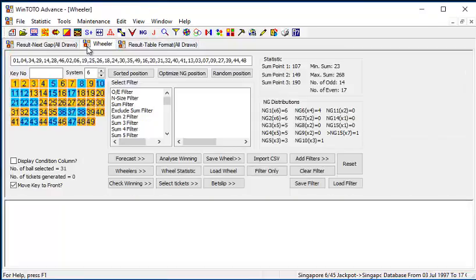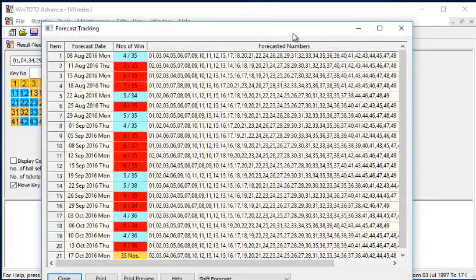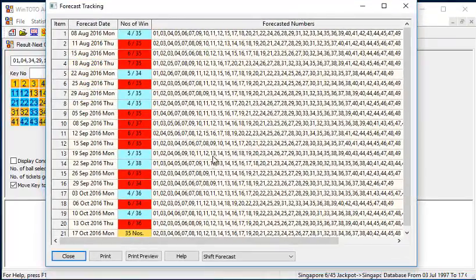So these are the 31 numbers which I have prepared for you. You want to take a look at all of these 31 numbers, and I think it's worth venturing into that. Okay, let's come to this thing called the maintenance report. Let's take a look at the forecast tracking. 看看一下。那目前我们最好的forecast就是